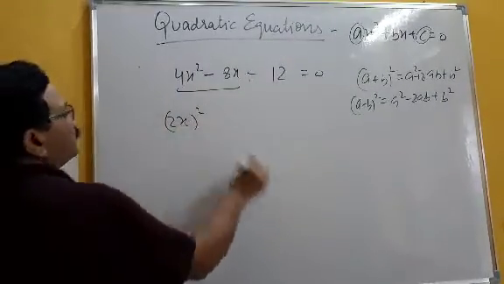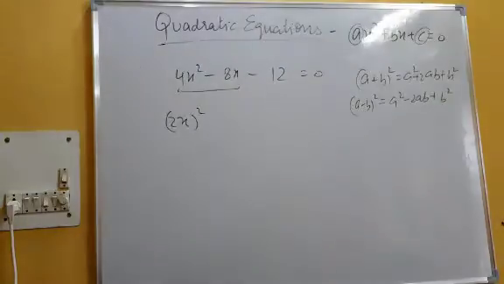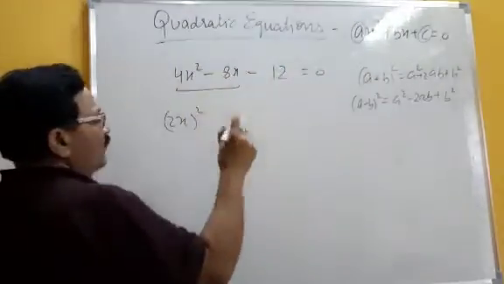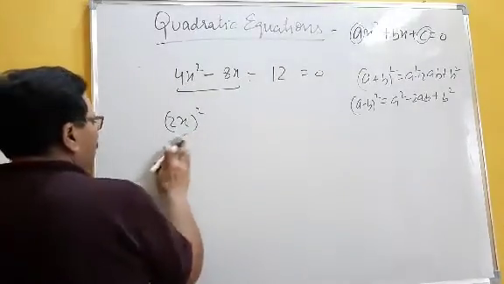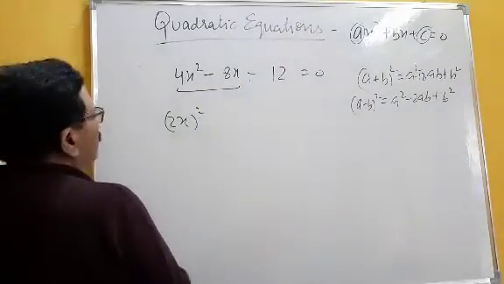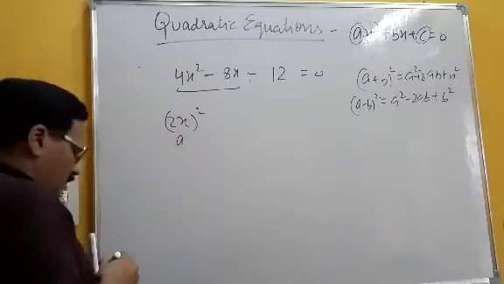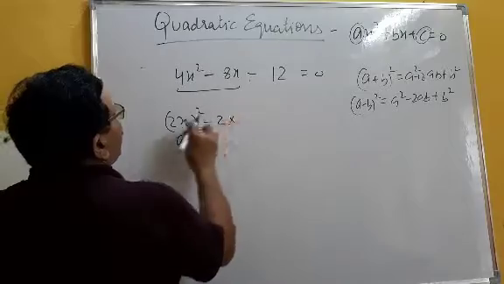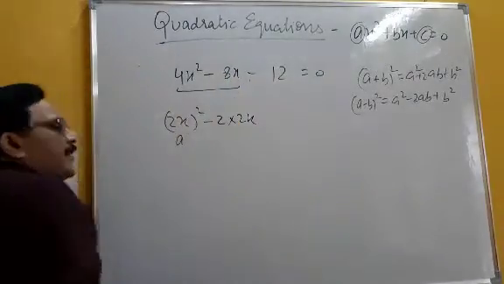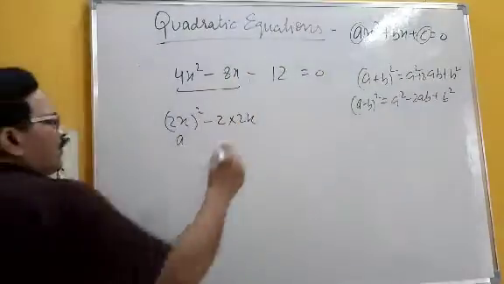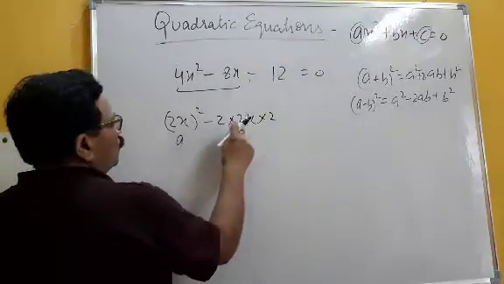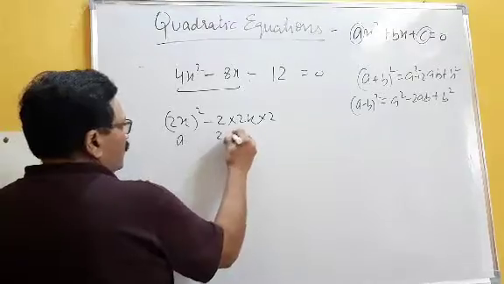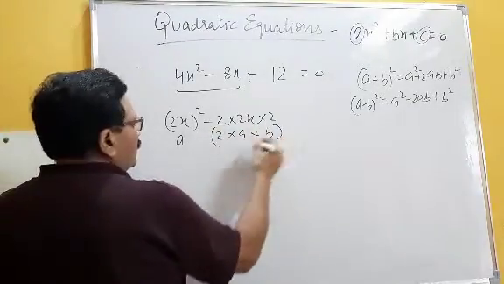2x square. Right? Now you check. Here is 2x square, you break into the a and b form. I am considering this as a. Now 2ab form. So 2a is 4x. So what to multiply to make it 8x? One more 2 is required. So 2 into 2 into 2 is 8x coming. Now this is your 2, this is your a, and consider this part.